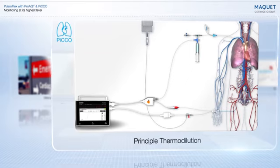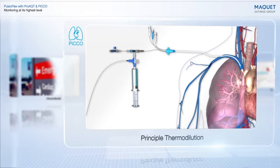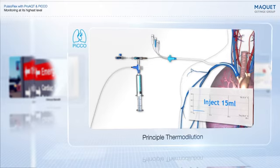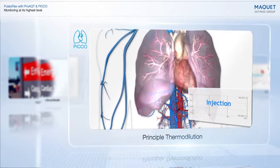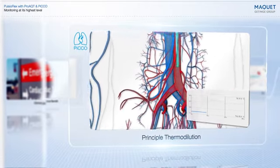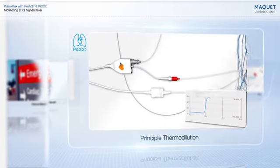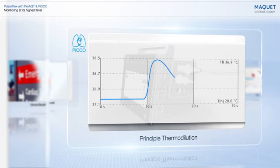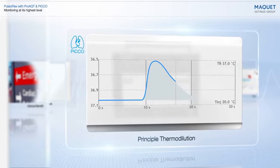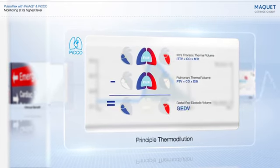For the transpulmonary thermodilution, pre-cooled saline is injected into the central venous catheter. The temperature and the starting time are recognized by the PulsioFlex monitor. The indicator passes the right heart, the lungs, the left heart, and finally the PiCCO catheter, which allows, because of an integrated sensor, a specific temperature curve to be recorded. From this temperature curve, very precise parameters can be derived as cardiac output, global end diastolic volume,